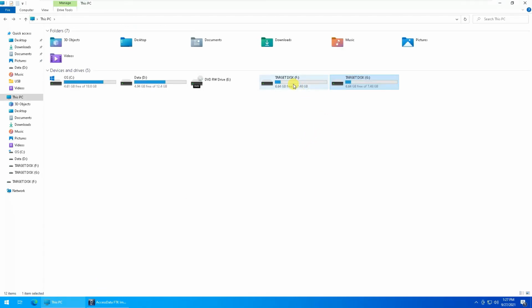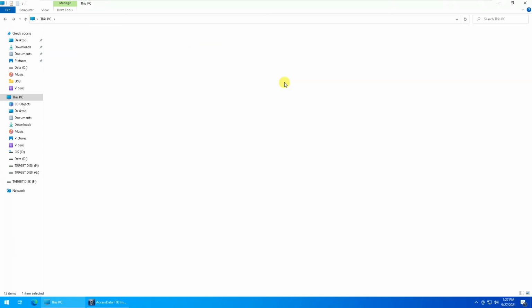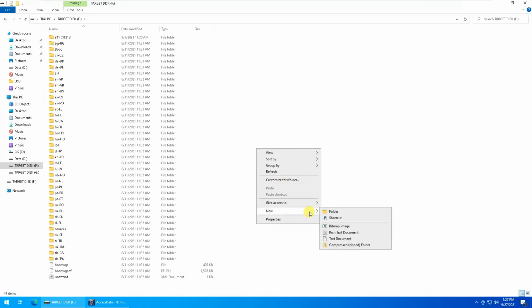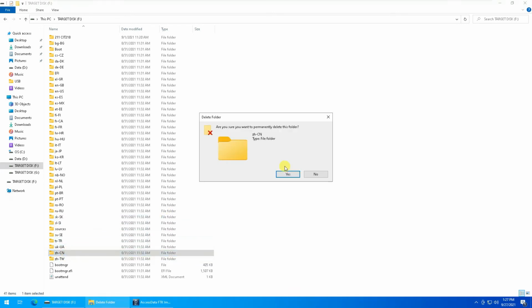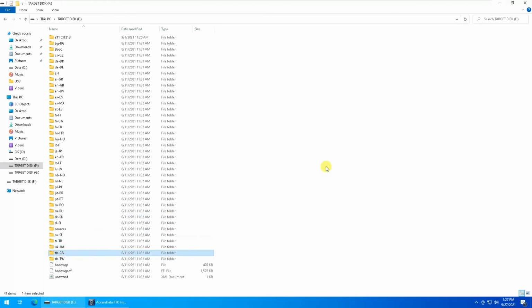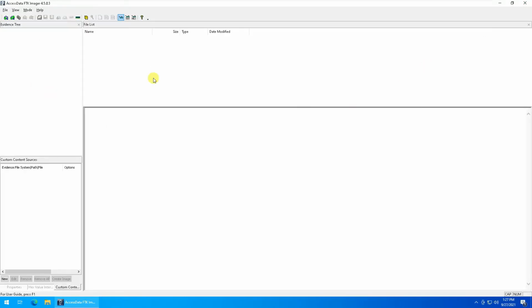Whereas if we go to the actual disk, if we right click on it and create a folder, we have an option. And if we want to delete a file, it would let us delete the file. So that's how we create the image on